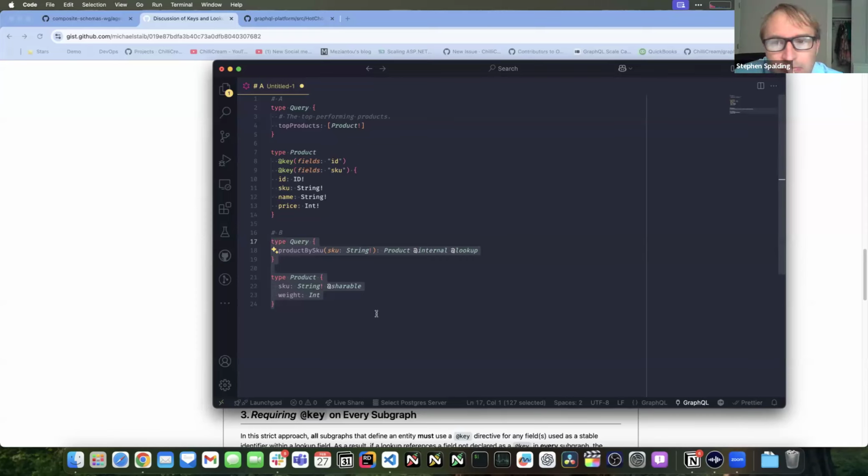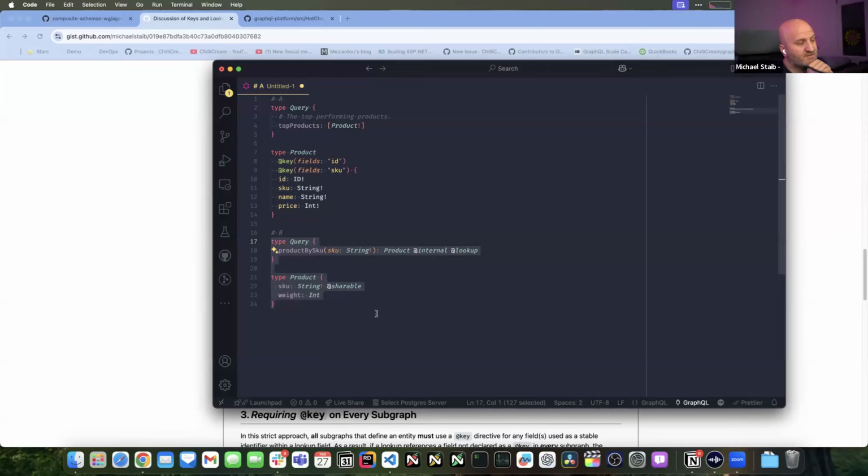The good thing about warnings is that you can say you want to ignore the warning. That's the reason why a warning fits. But I'm just wondering about the impact. I think we agree that the key should be best practice on the field that actually defines the lookup, on the subgraph that defines the lookup. I think we are all in agreement there. But is the desired state of a key to be spread across the whole domain? That is the other question, right? Even if I don't have a lookup, should the ideal case be that I define this as a key as well on the other subgraph? That's a bit the question here.